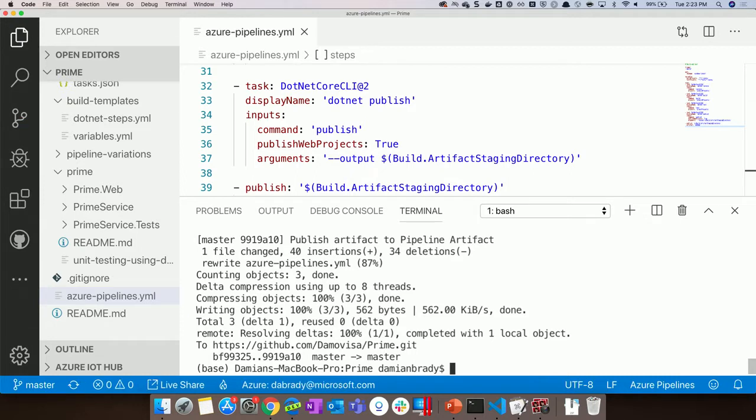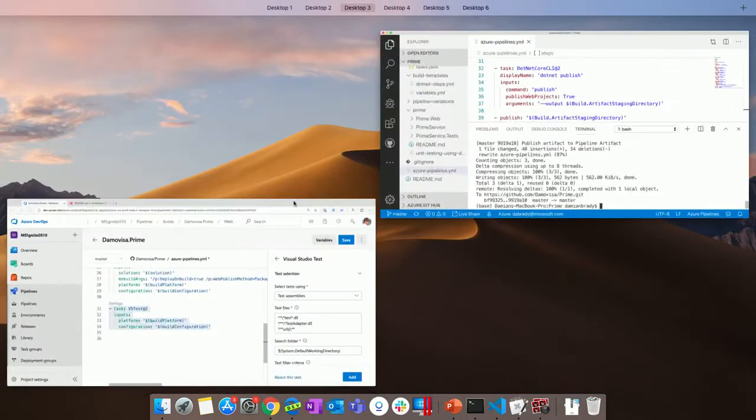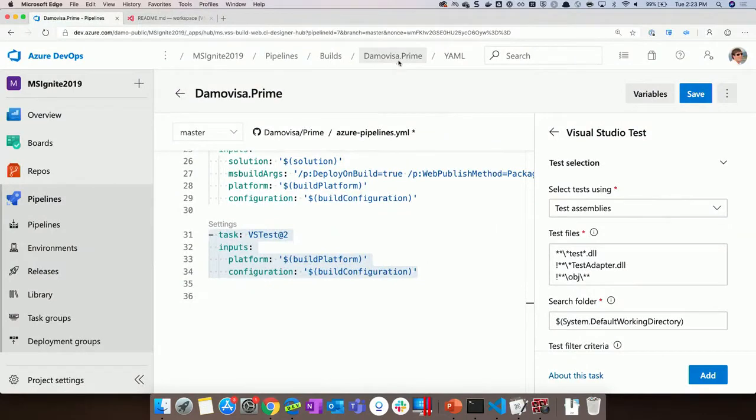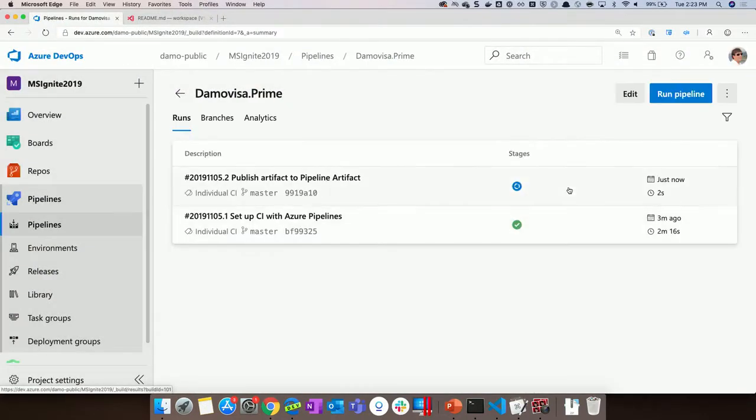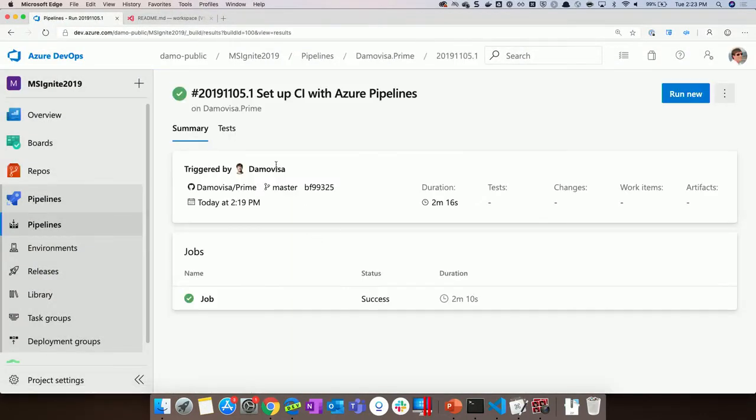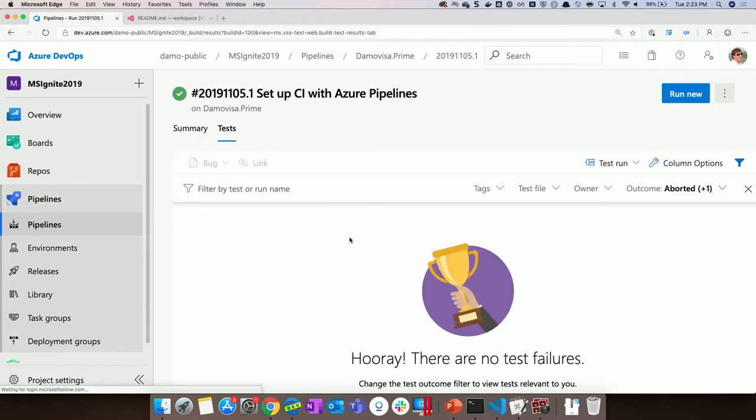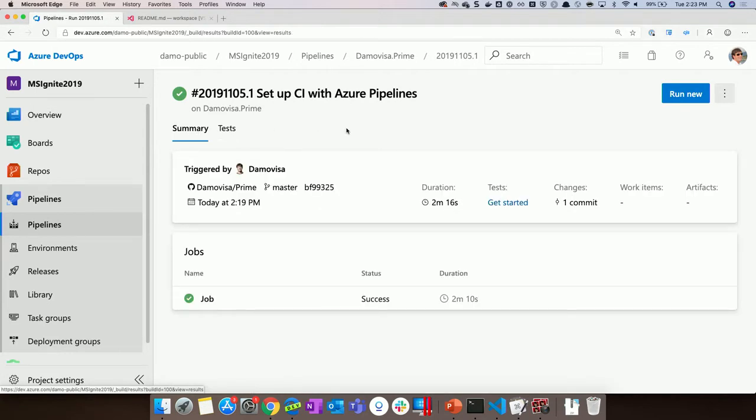So we've built our application, we've run our tests, and then we're going to end up with an artifact. When we're done, the results of that are going to end up in here, like this one. And you can even see things like test results and all that kind of stuff. You get some nice UI here. There's no test failures, which means it's obviously not my project, somebody else's. So this is kind of where we're starting. We're going to move on from here and go a little bit deeper, a little bit further along.